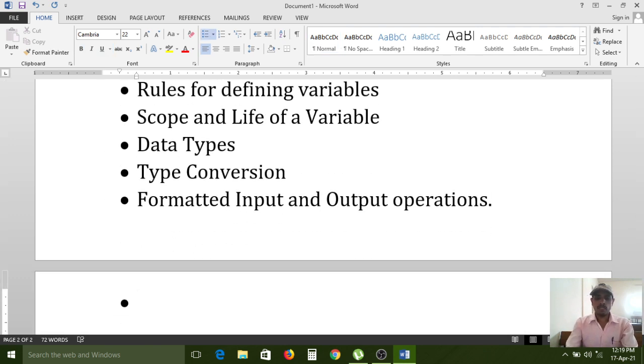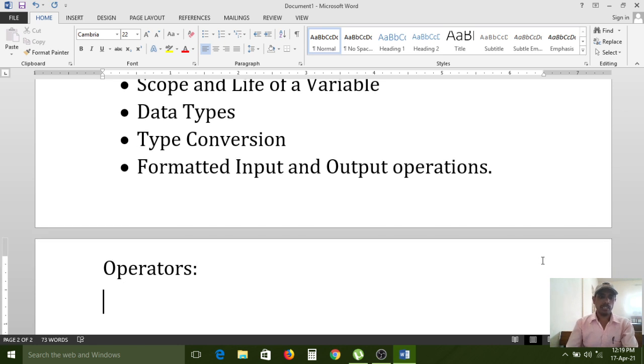Next, we have to start the third chapter, operators. C language provides different types of operators. So, introduction of operators.